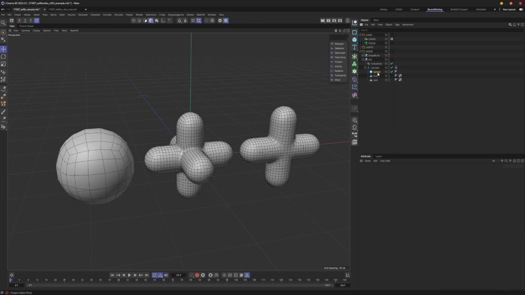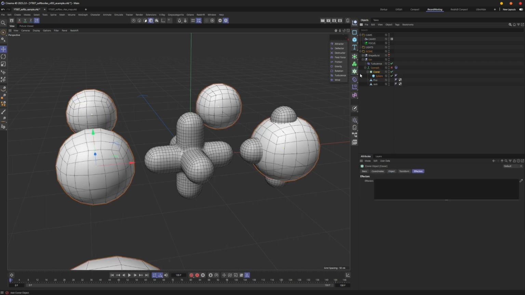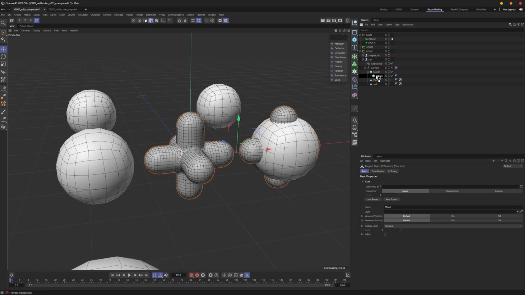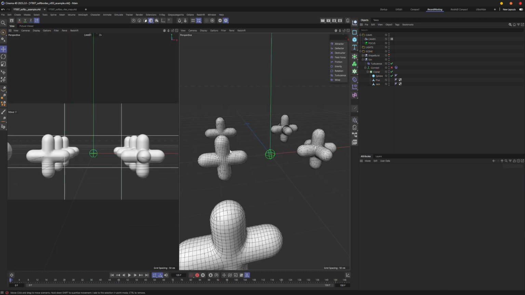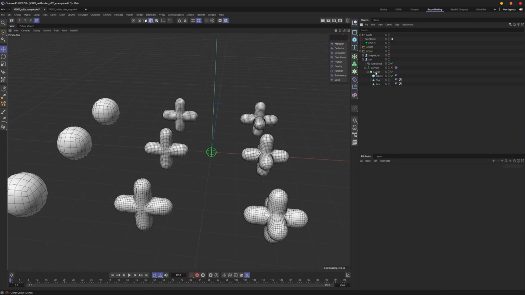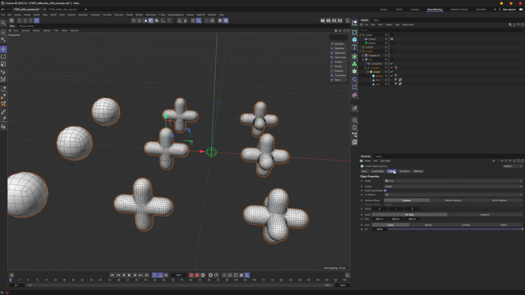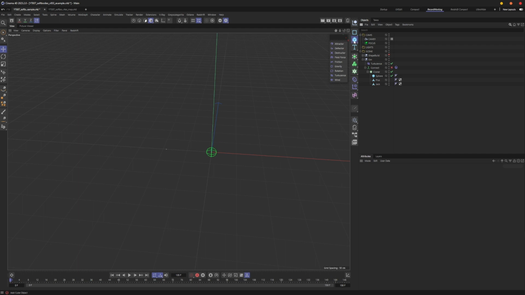Okay, so now what I want to do is place a bunch of objects in here. So I'm going to start off with one and put it in a cloner, and I'm going to put the other ones in here. Any other objects that you wanted to clone, you put inside of the cloner. Standard deal here. And I'm going to say that I want it to be projected on an object. And I'm going to take a cube